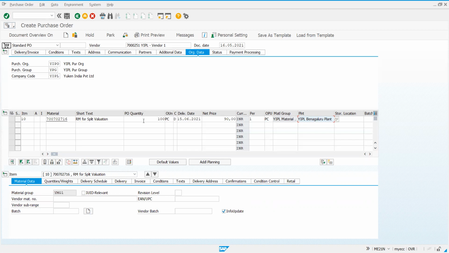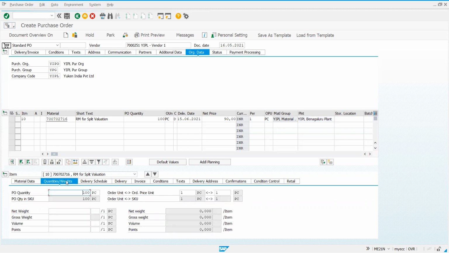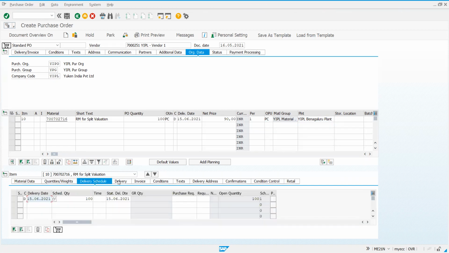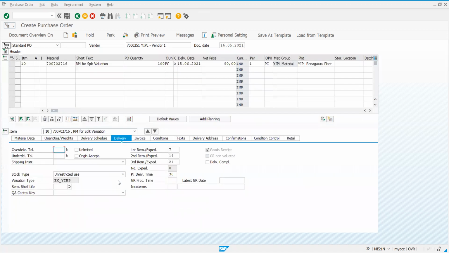It is splitting this material, and this becomes even more relevant when you consider for finished goods what is the cost of each and every material, which can be valued separately based on where it is procured, from where we have received, and how the production is done.